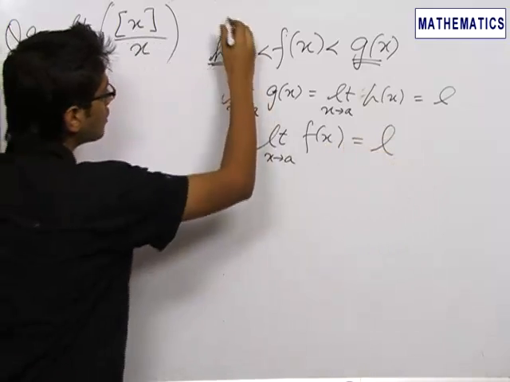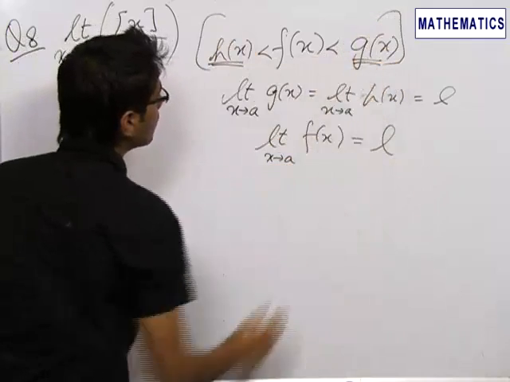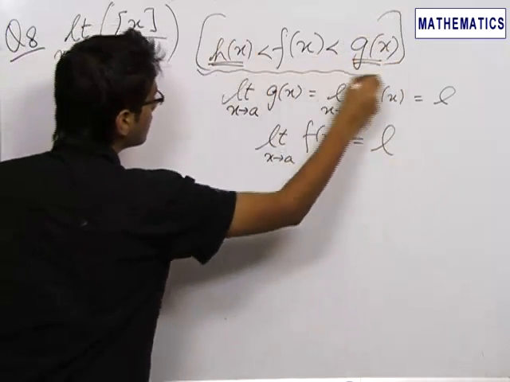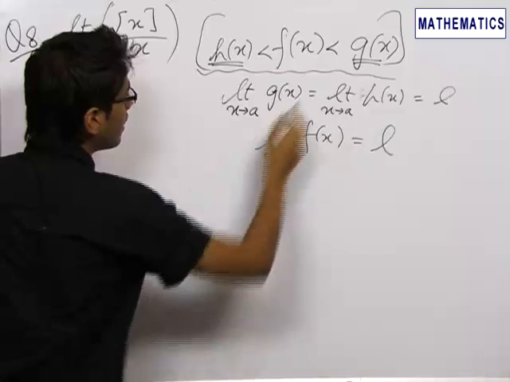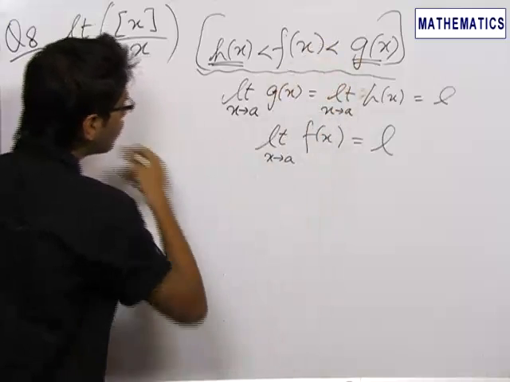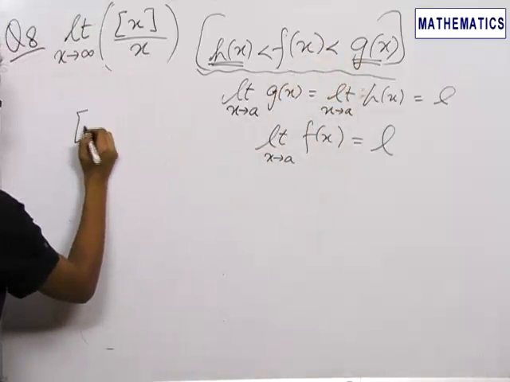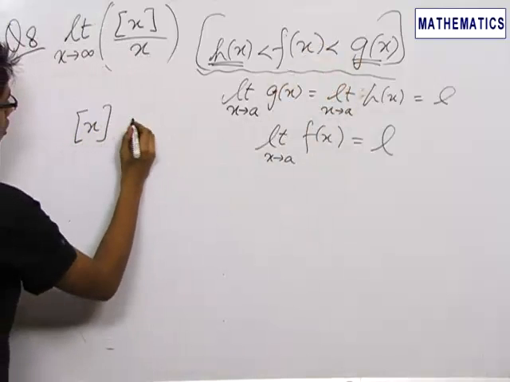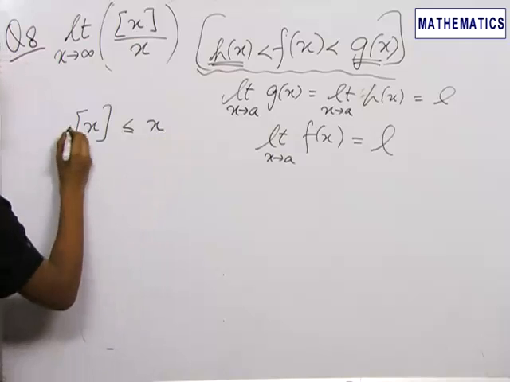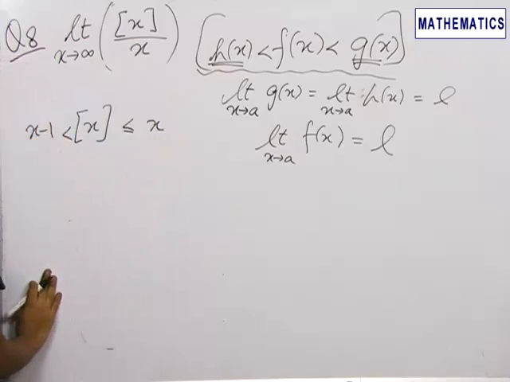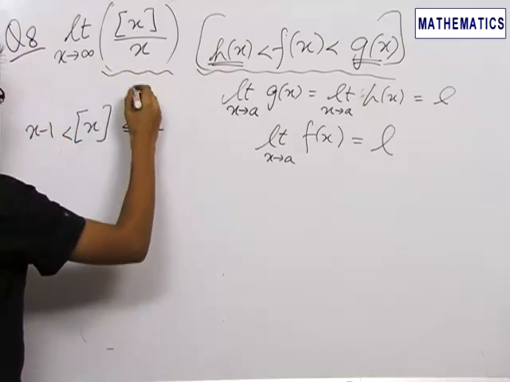So in all those functions which can be written in some inequality form, or which can be expressed as greater than a function and lesser than another function, in those questions we could try the Sandwich theorem approach. Here we know that the bracketed x function is always less than or equal to x and greater than x minus 1. So a given function, let's say h of x,